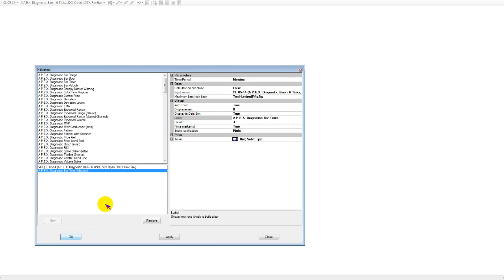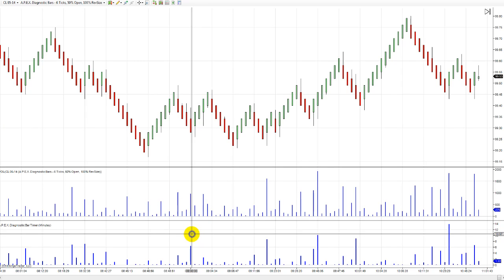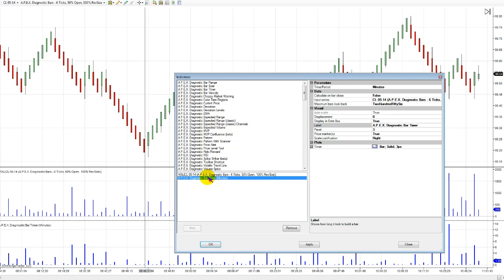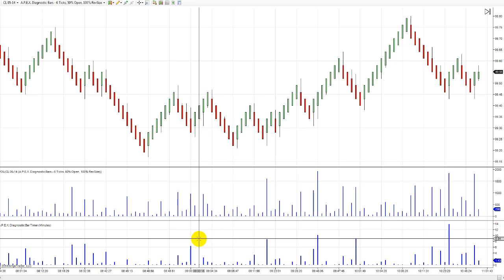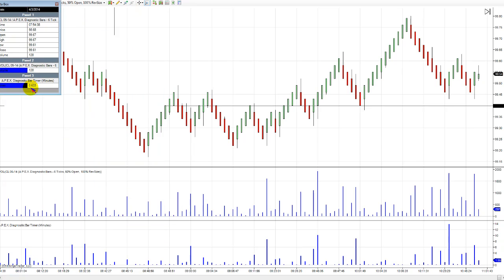And often what you'll see on the diagnostic bars with the timer. There we go. I had to go in, by the way, and let me show you this. On the indicator setting, I changed the display in data box setting to true. So if you don't have that setting as true, just right click and say set the default as true inside the indicator. And now what will happen is if I middle click on my mouse button, or if I open up my data box, which is the magnifying glass up here, okay, then